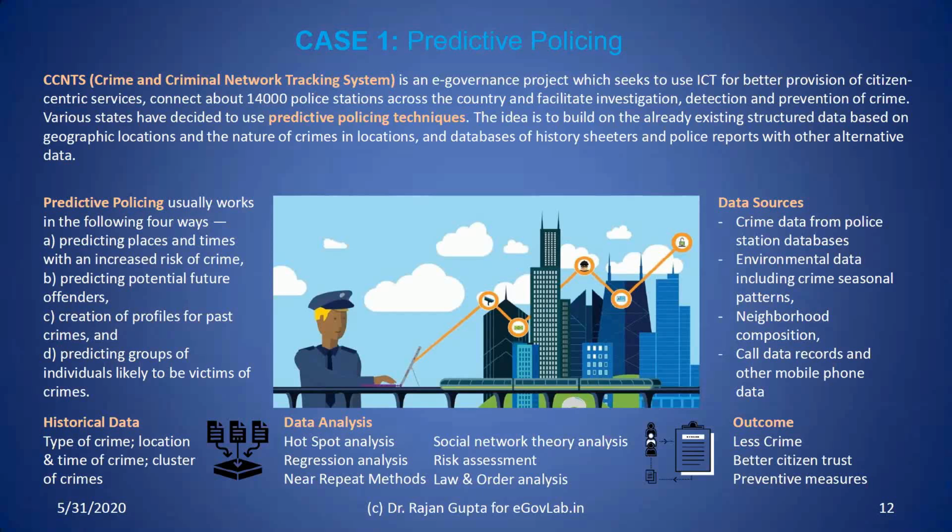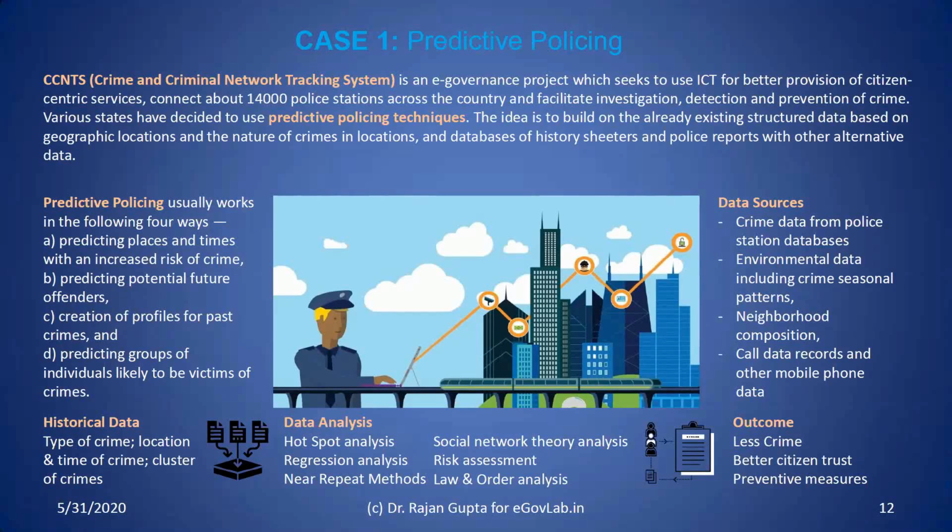They also try to see the neighborhood compositions. They are looking at the call data records, the mobile phone data records, and the conversations that are happening on open platforms like social media platforms and a few connected networks. Most of the things are encrypted, but yet there are certain applications which are accessed regularly by the government's crime department and police department.